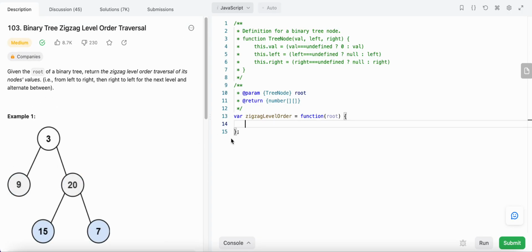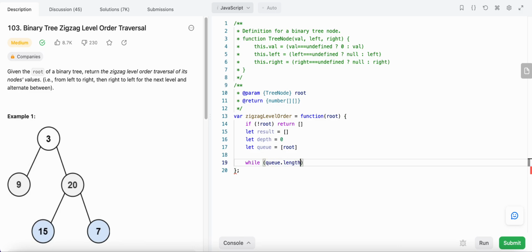All right, so let's start coding. First of all we check if the root node is empty. If it's empty, then we just return an empty array, else we create our result array, and depth will be 0 initially, and our queue will have the value root. Now we create our BFS function. While the queue is not empty, we take the size of the queue,